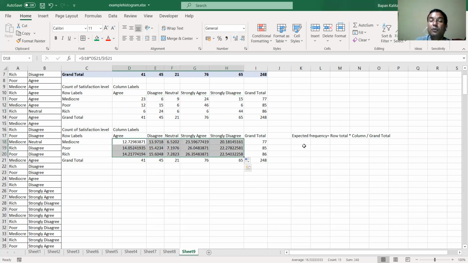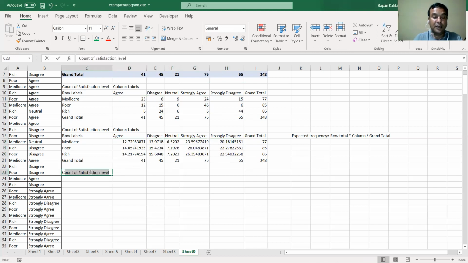And what is the formula in Excel for getting chi-square? Let me write here: chi-square p-value. P-value means the probability of this value. Chi-square p-value is equal to, sorry, is equal to,